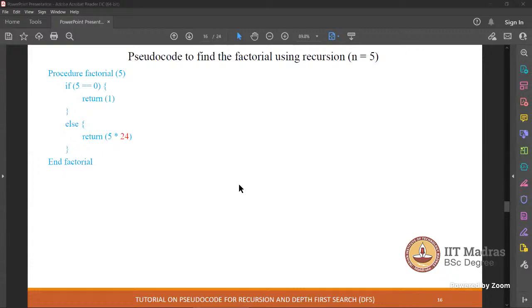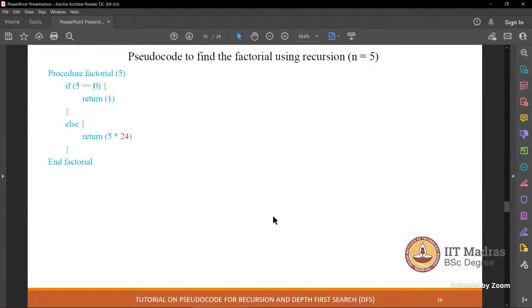Will it execute rightly? For this question, it will. Because unless and until n is greater than 0, the if will keep executing, and then otherwise it will go to else. For this factorial example, it works. There won't be a problem.